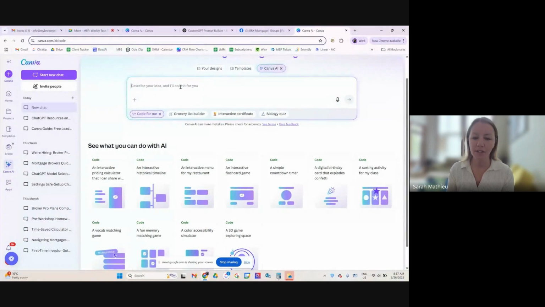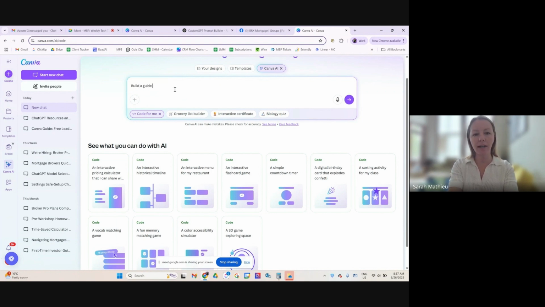I'll show you guys after some other ones I built that have a longer prompt, so you can really get into it with colors. I'm pretty picky when it comes to this. I want black backgrounds, I like purple calls to action, I like yellow pops of color for words, all that stuff. So I'll show you some that I made for the ChatGPT training. But essentially all you would do is